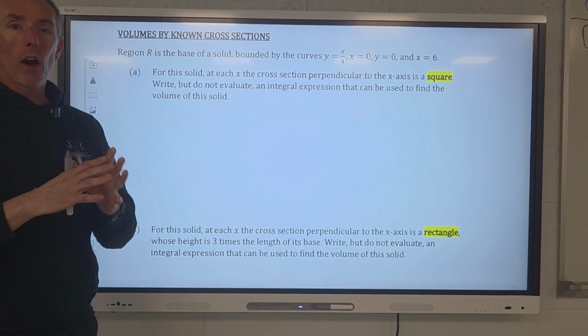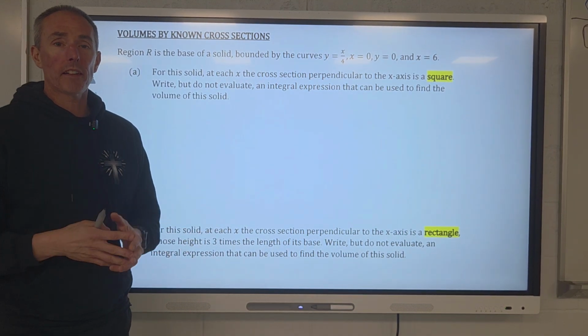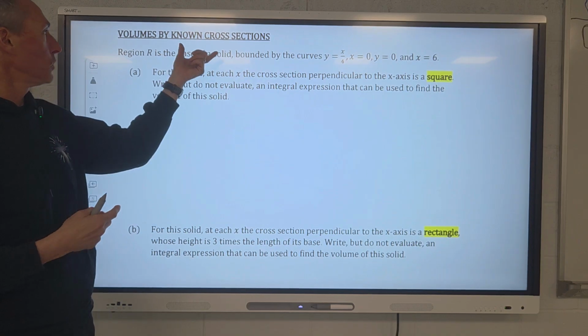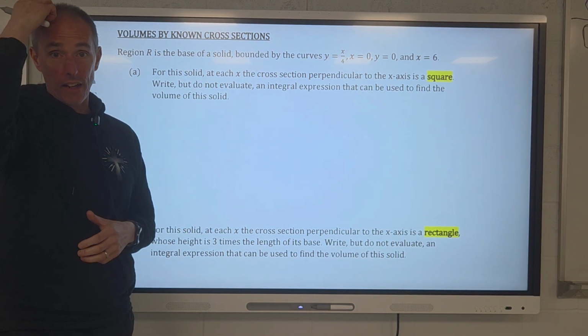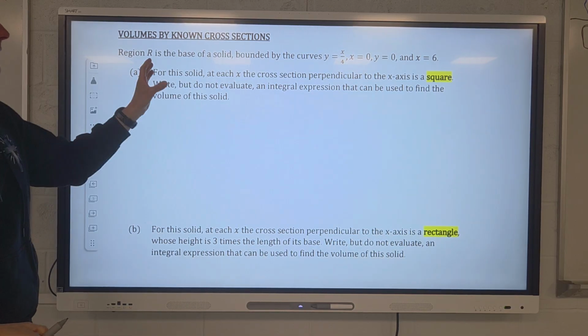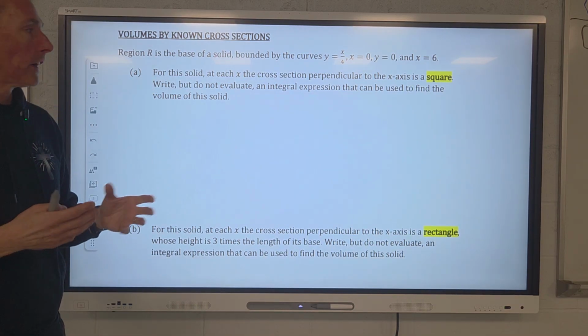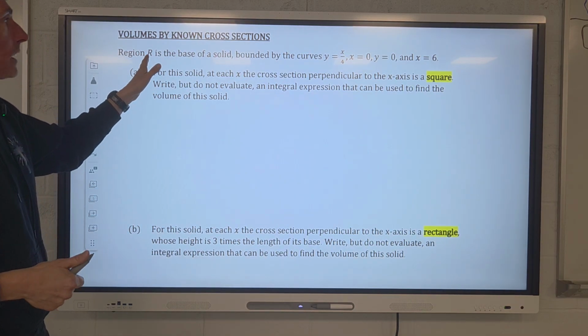In this video, we're going to talk about all things cross-sections. Basically, how do I find the volume of a solid using what we call a known cross-section? Square, semicircle, these kinds of things, rectangle, right? So what we're going to do, our base scenario, is going to be this region R, which is going to